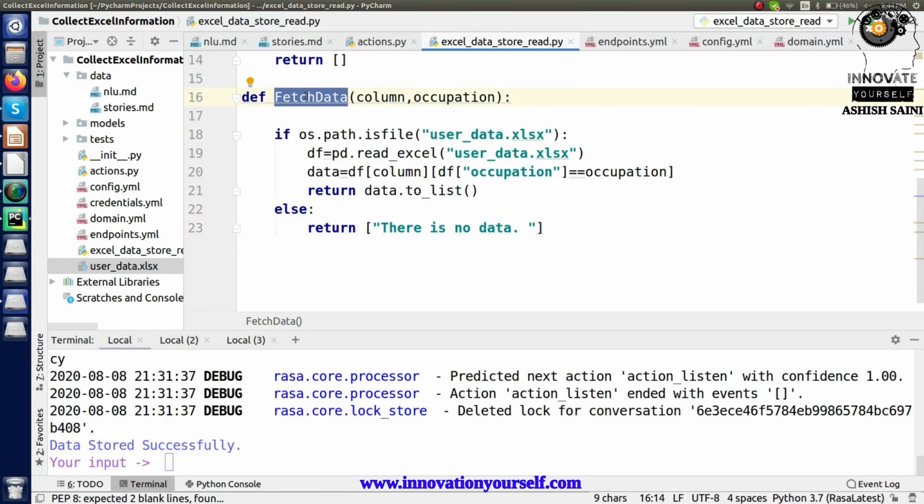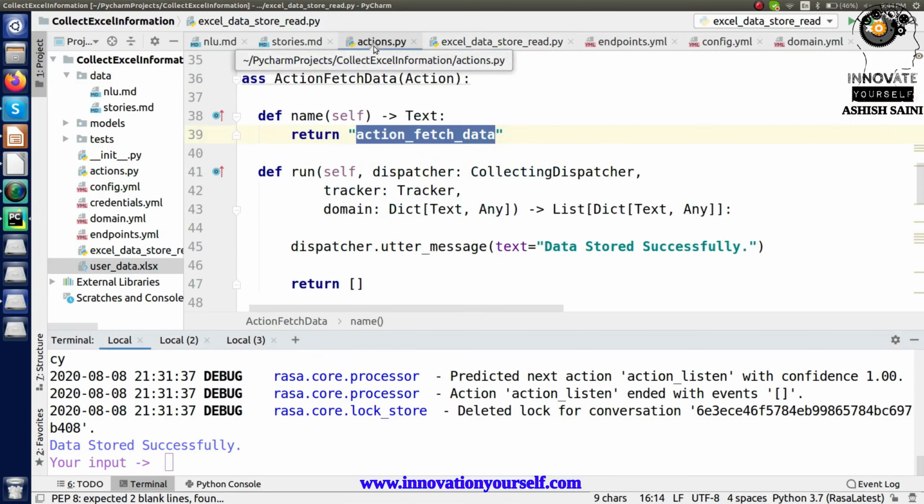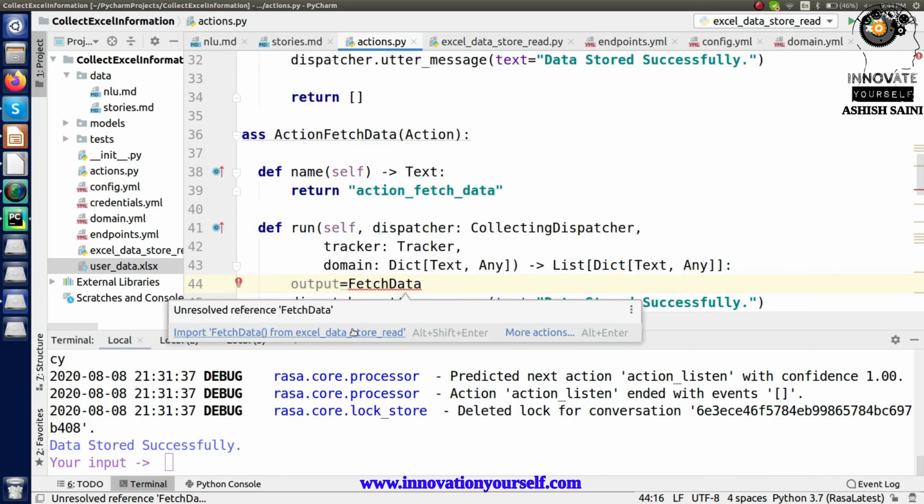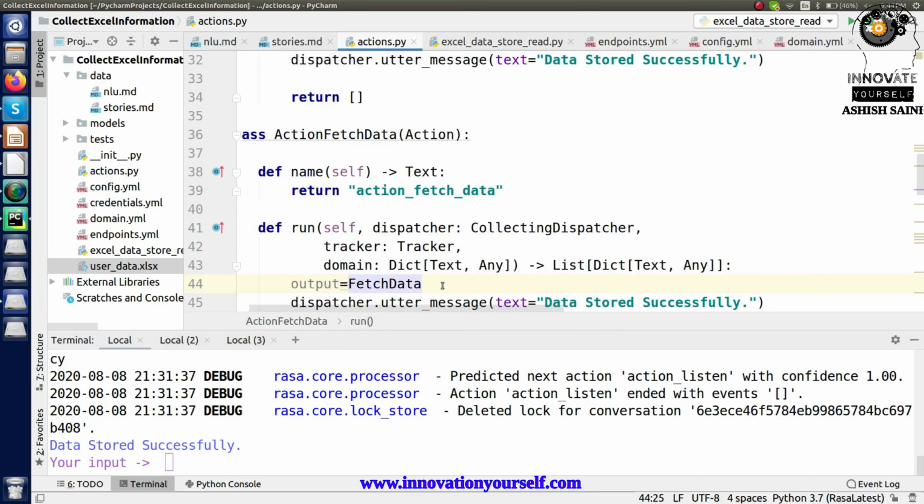So it's time to just call this action in here, and now go in here inside this, let's say output, and you will call it here. In here just pass the two values, and those values will be coming from the entity.